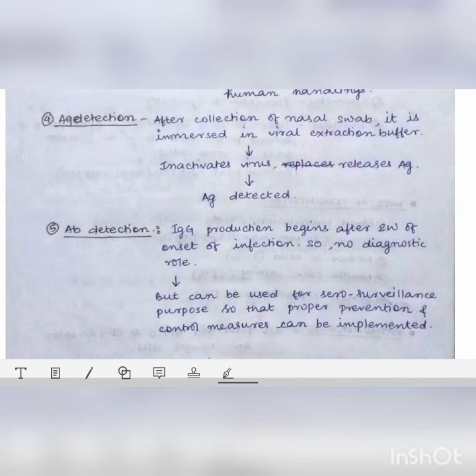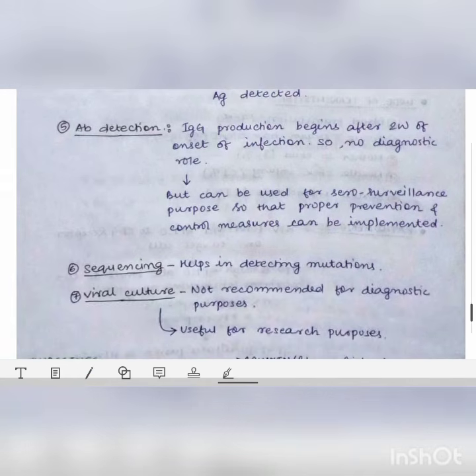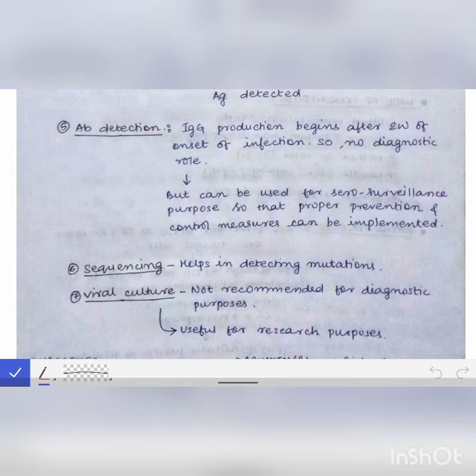Now coming to the antibody detection part. Against any infection, we know that after a certain time duration, there is formation of antibodies against that infection. Here also we find the formation of antibodies, like IgG antibodies, which are produced after 2 weeks of onset of infection. As it is produced after 2 weeks, the diagnostic use is nil. There is no diagnostic role of antibody detection in diagnosis of COVID-19, but yes, it can be used for